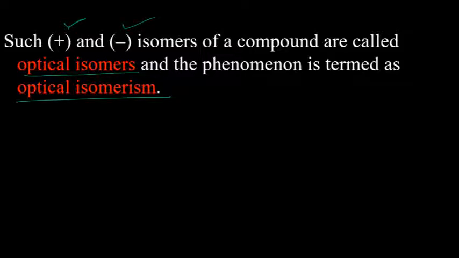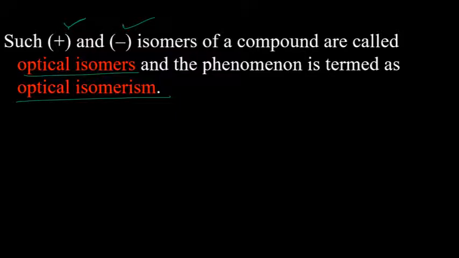So 2 points you need to remember. First is the rotation, okay? And the second is it is related to optical isomers. Now, how to find out the isomers very easily, we will be talking about that. But before that, if you remember, whenever you are asked about the geometrical isomers, the first thing which should come in your mind is cis and trans forms. Remember, whether geometrical isomers or optical isomers, these are stereoisomers.